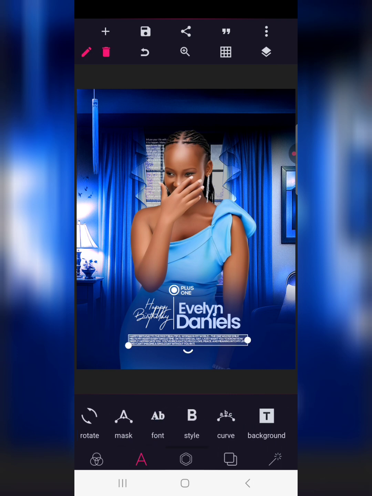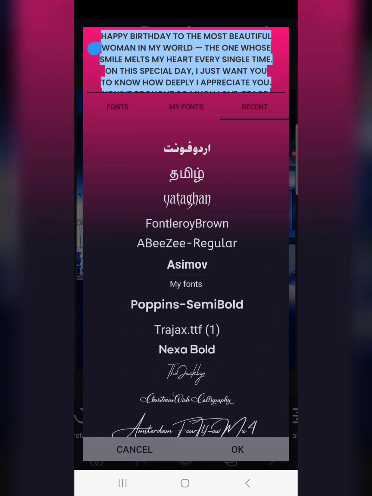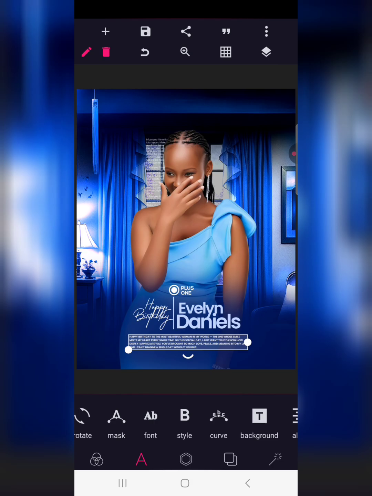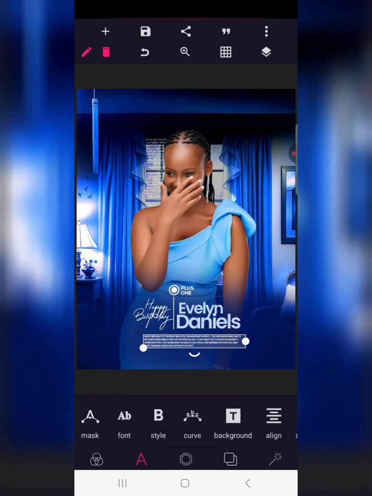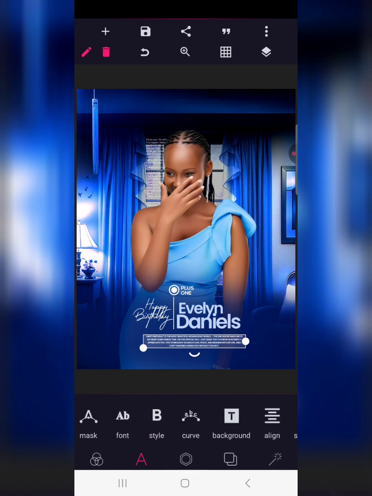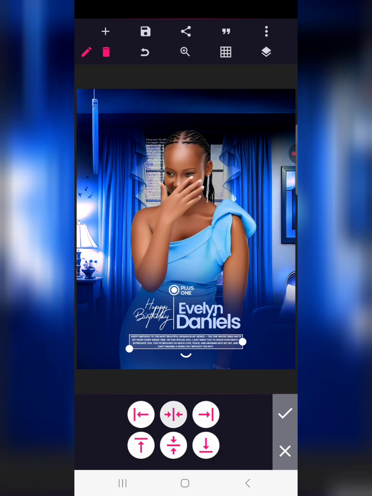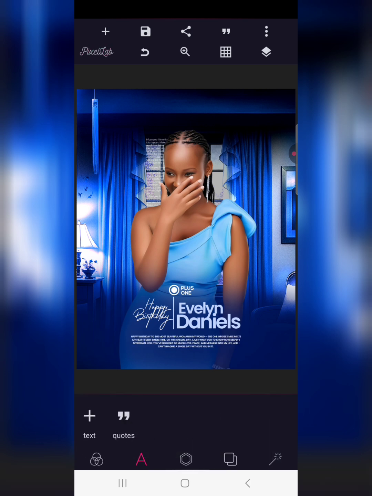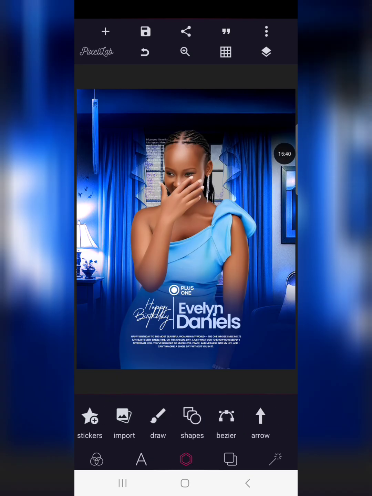Okay, could we change the font? Let's see. We can use Poppins and see how it looks. Okay, yeah, so Poppins looks better there than the Nexa, and you just have to align it well. Then go to alignment, which is here. Use middle alignment and stretch it out a bit and use your relative position. So we have this,